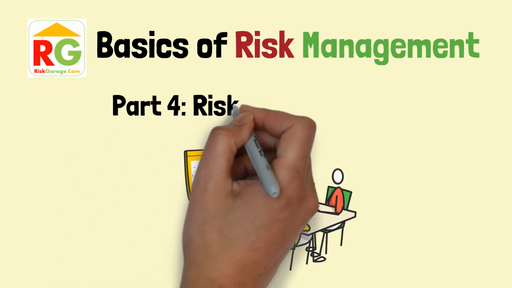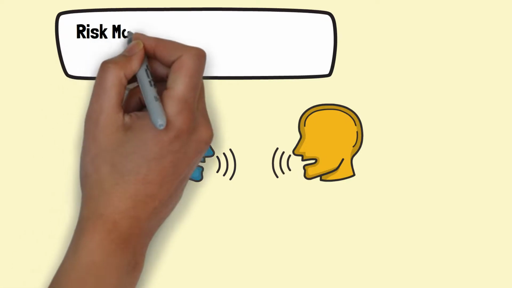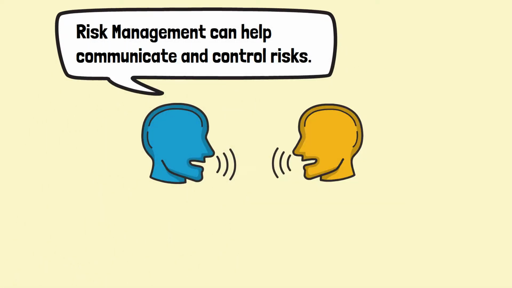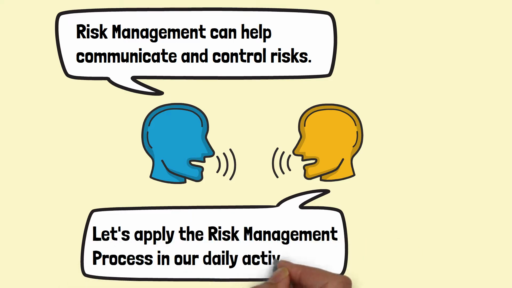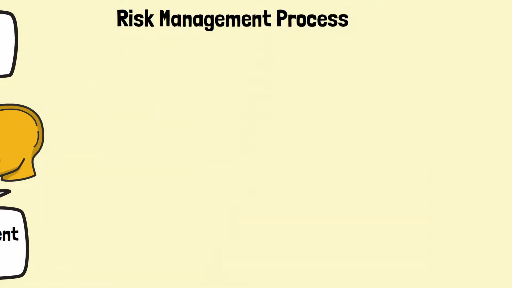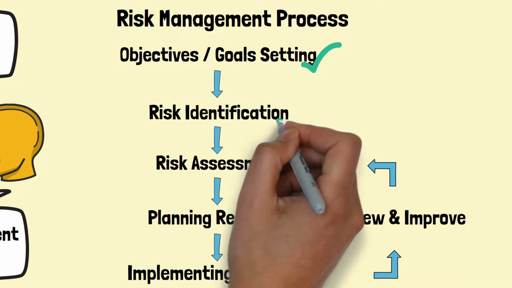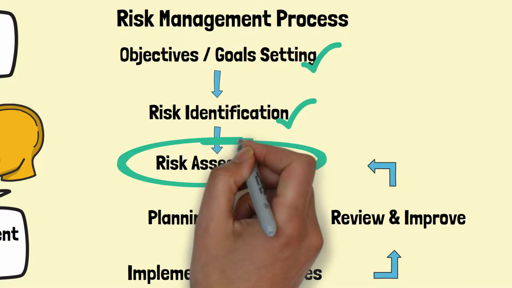Part 4. Risk Assessment. As mentioned in the previous videos, risk management is an effective process to communicate and control risks. And it can be applied in our daily activities. A risk management process is represented in the flow chart below. After we have set our objectives and have identified the threats and opportunities, the next important step is to assess